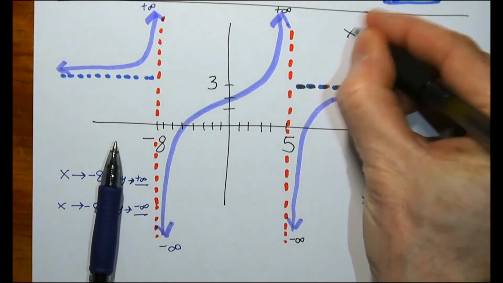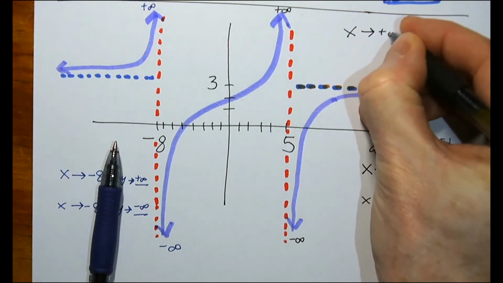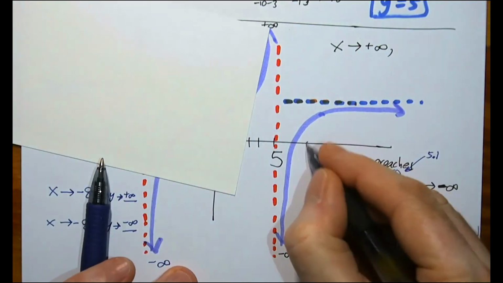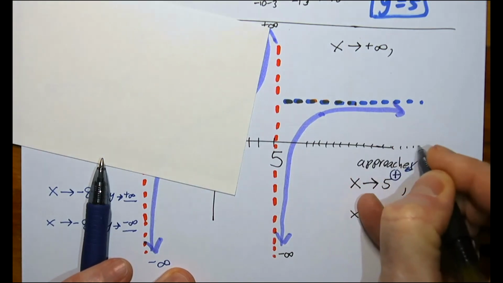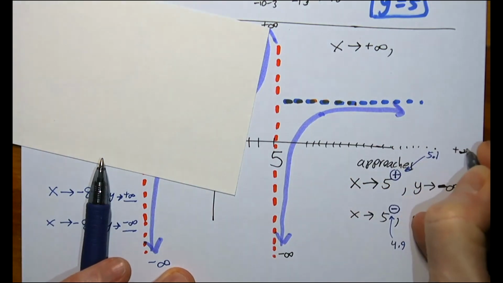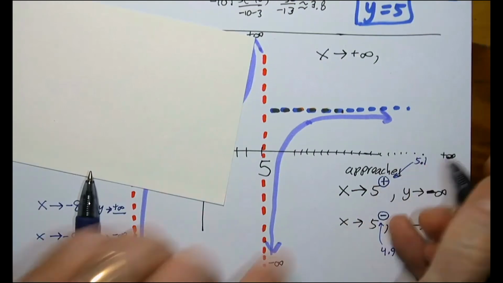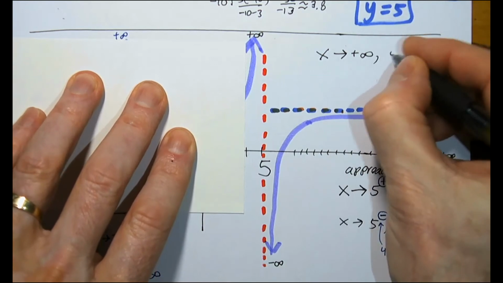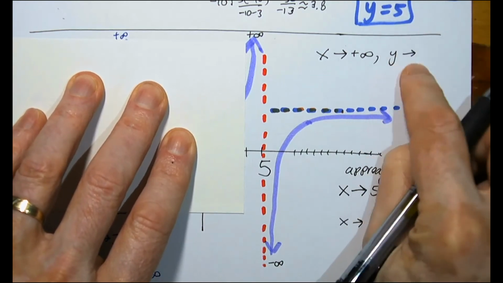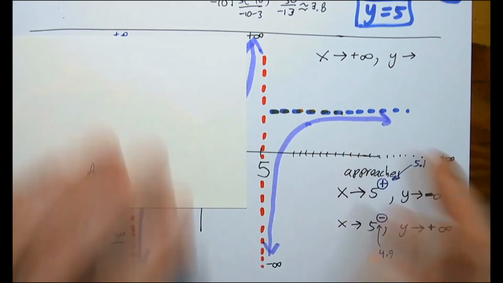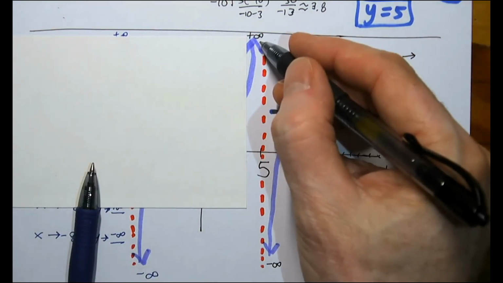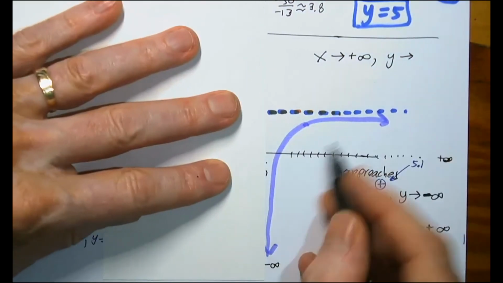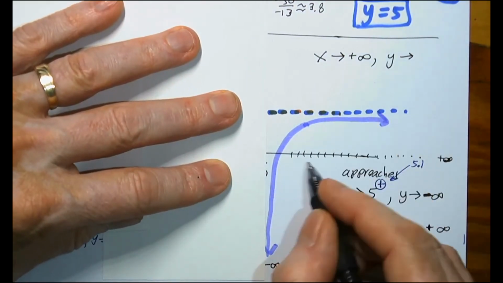How about the kids that are actually headed to infinity? And you go, what do you mean? 5, 6, 7, way out here, right? Some kids are actually just running away. Hopefully it's not a flat earth and they fall off the edge. As some kids head to infinity, what answer are they approaching? And you go, what do you mean? What y answer? They're not going to infinity, they're not going to negative infinity, but as kids are going like this, off of my paper, as the kids actually run to x is infinity,